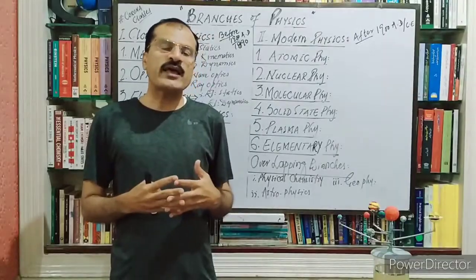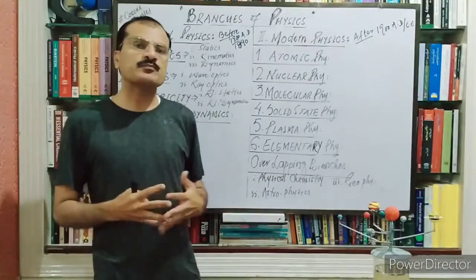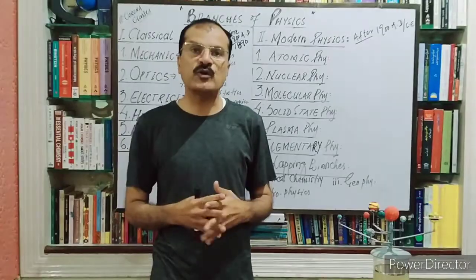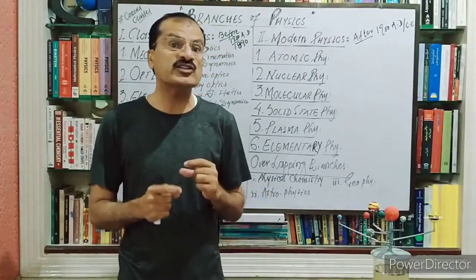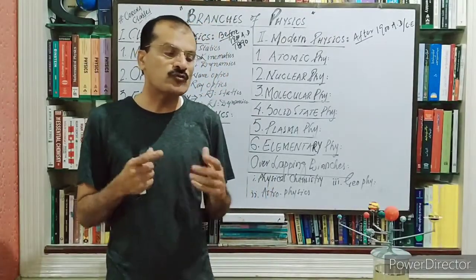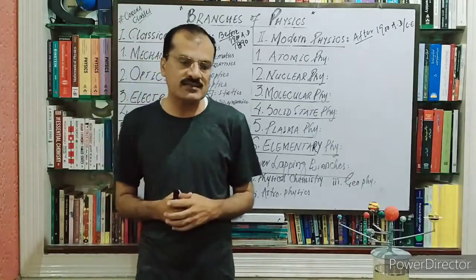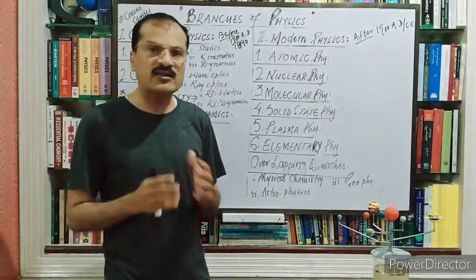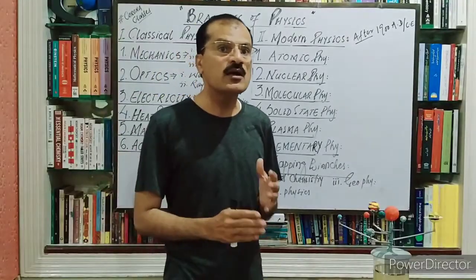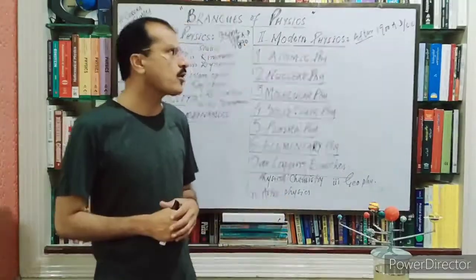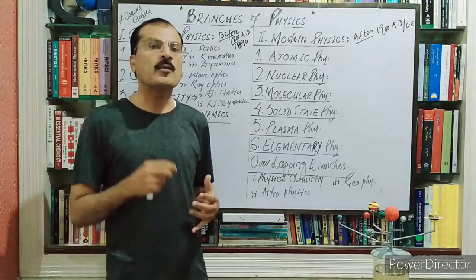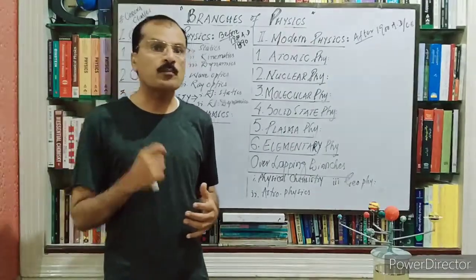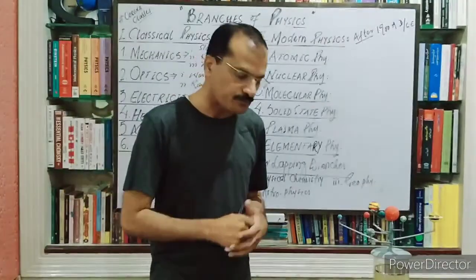That quantum theory was given by Max Planck to explain the problem of the black body radiation curves. You will study in modern physics what the problem of the black body radiation curves was, and that it was successfully explained by Max Planck in 1900 AD by his famous theory, Planck's quantum theory.